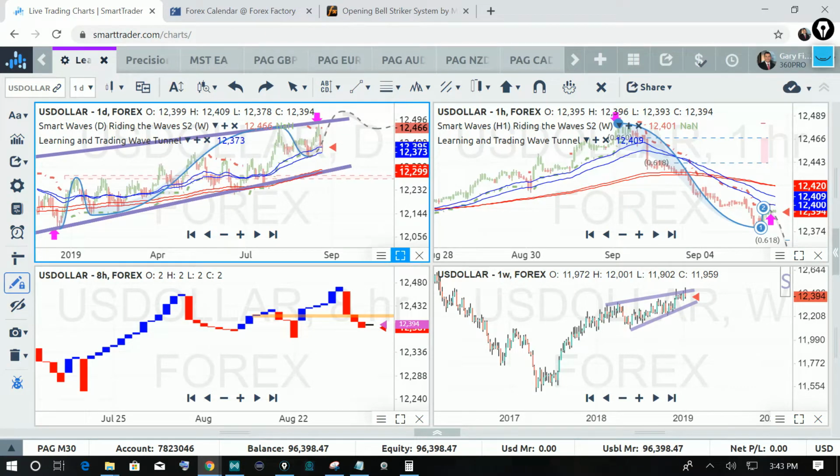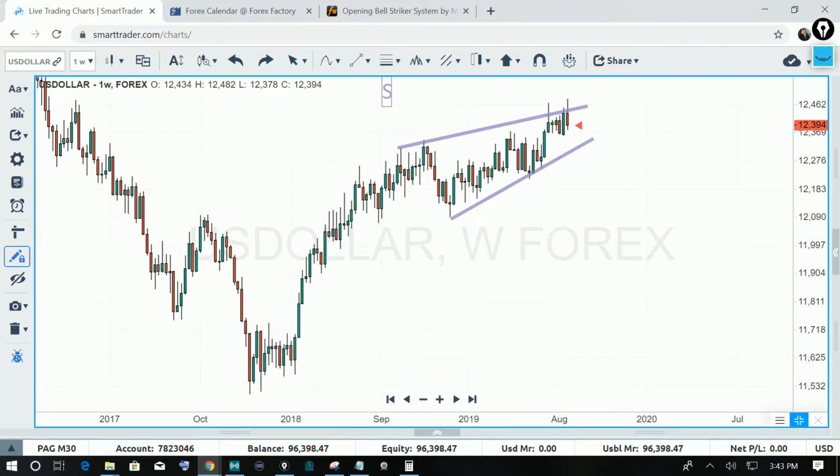But let's just go ahead and take a look at what the markets are setting up right now, because we can get more or less an idea as to what we can expect, whether the dollar is going to get stronger or weaker based on technical analysis. So let's go ahead and take a look at the charts. As I go into the charts, I'm going to break it down from the daily time frame all the way down to the 1 hour. And in fact, I'm even going to go to the weekly to take a quick look at the weekly right here.